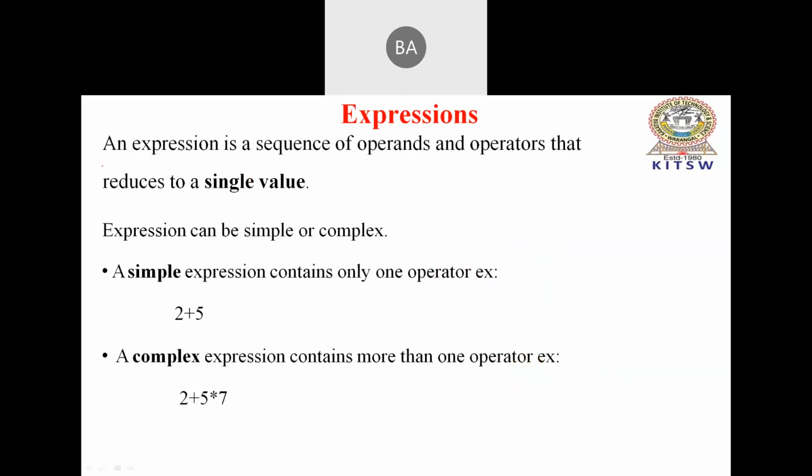Then next, coming to this expression. So what is meant by expression? It is a sequence of operands and operators that reduces to a single value. The expression can be a simple type or it may be a complex type. For example, if you take one operator and two operands, 2 plus 5 is a simple expression